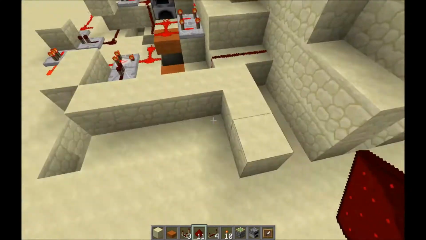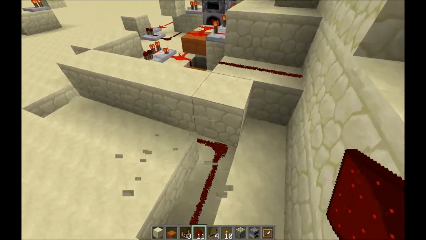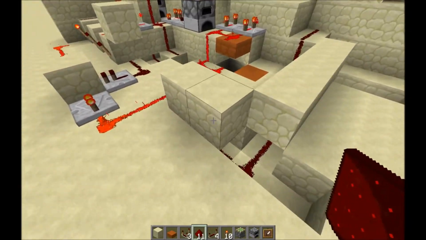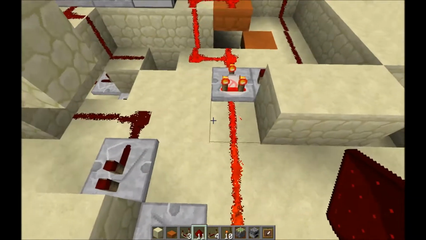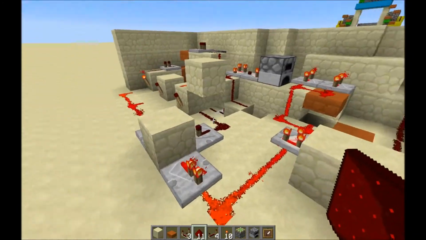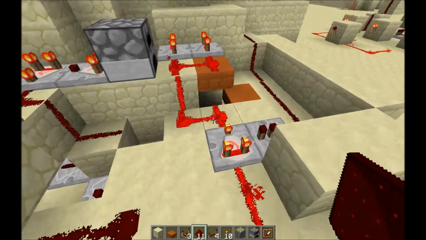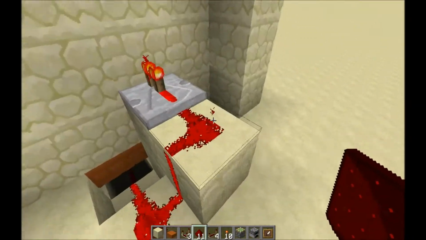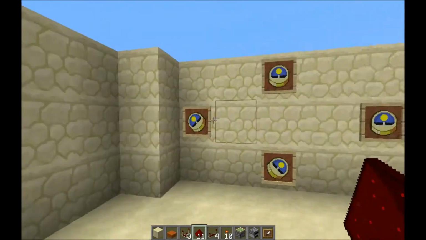The other line is actually underneath here. I can show you a little bit of it. And what it does is it powers into this block, so regardless of whether this is off or not, it still keeps this powered. And the setup inside here is just your standard